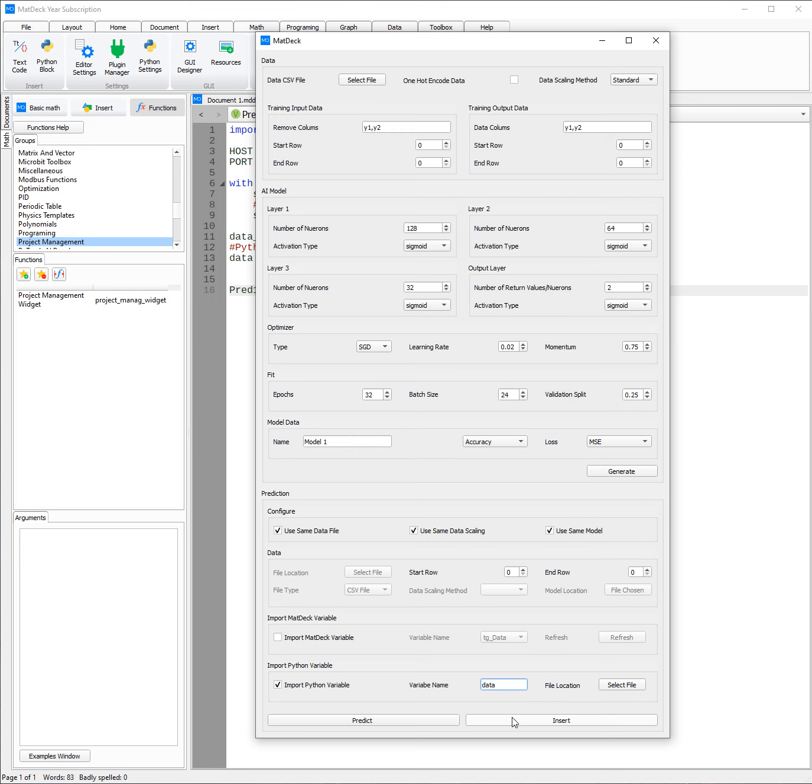You can also use it in MatDeck script or in Python script, which really allows you to channel your inner coder and utilize it